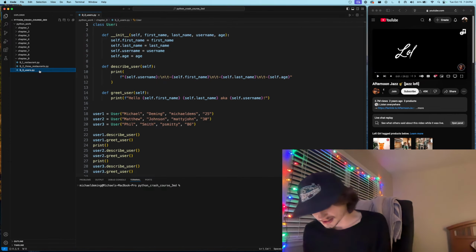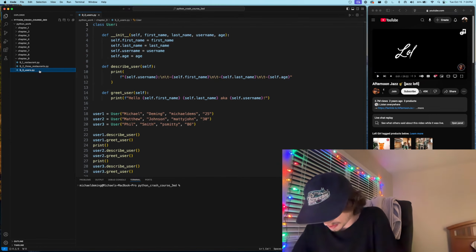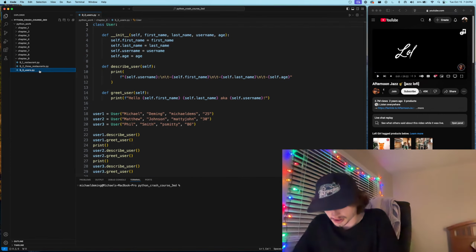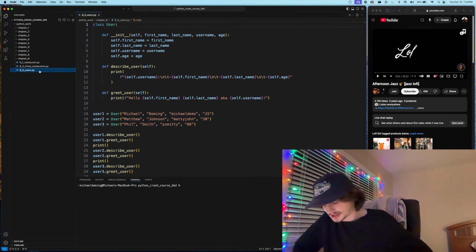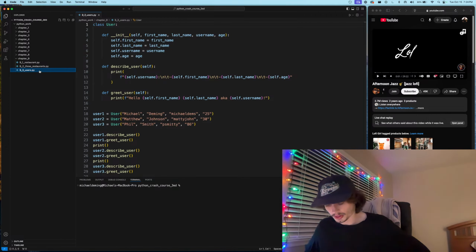Working with classes and instances. You can use classes to represent many real-world situations. Once you write a class, you'll spend most of your time working with the instances created from that class. One of the first tasks you'll want to do is modify the attributes associated with a particular instance. You can modify the attributes of an instance directly or write methods that update attributes in specific ways. The car class. Let's write a new class representing a car. Our class will store information about the kind of car we're working with, and it will have a method that